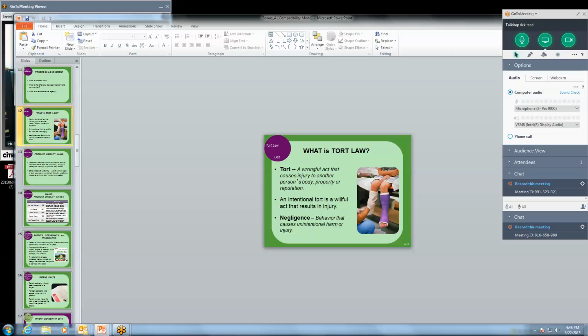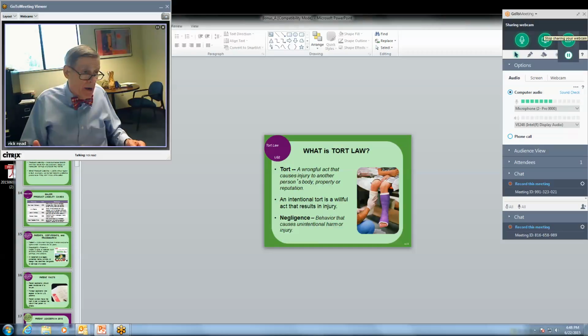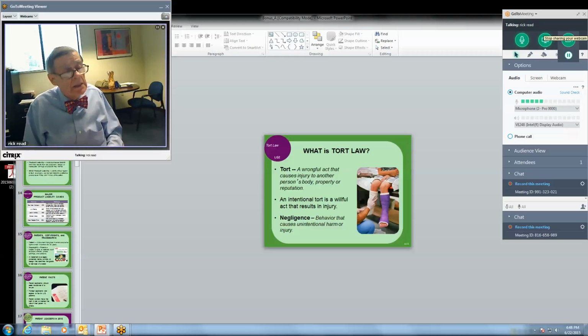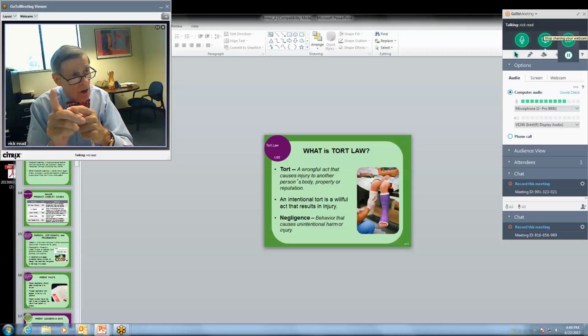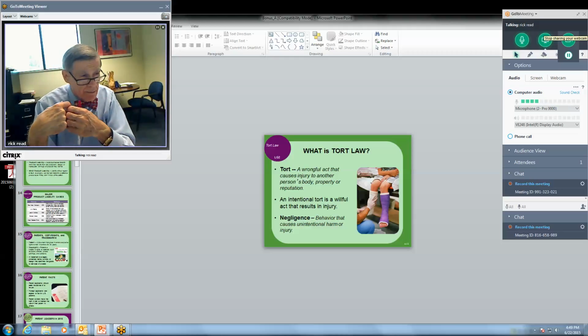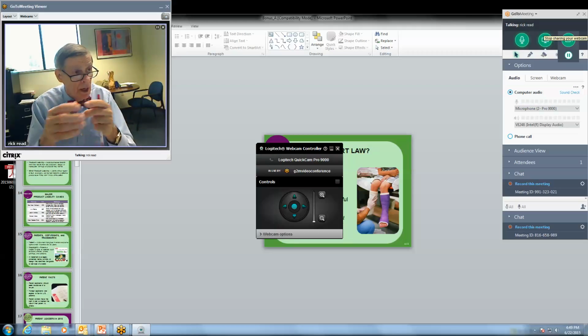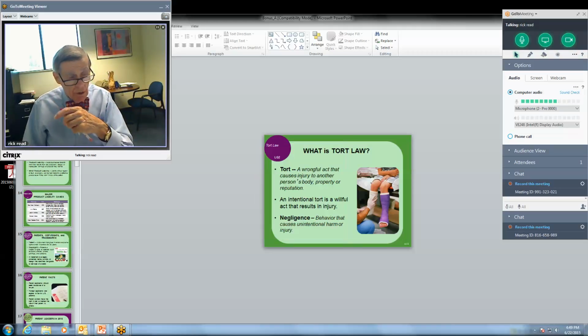Now, this is a thing that many of us may not know, and some of us may, and that's all well and good. So we talk about tort law. What is a tort? A tort is a harm that someone caused to someone or something. Notice here we talk about property. Now, remember, this harm does not just have to be bodily harm. It can also be the reputation. In some cases, sometimes it's very difficult to prove that someone's reputation was harmed. But we see those lawsuits all the time.